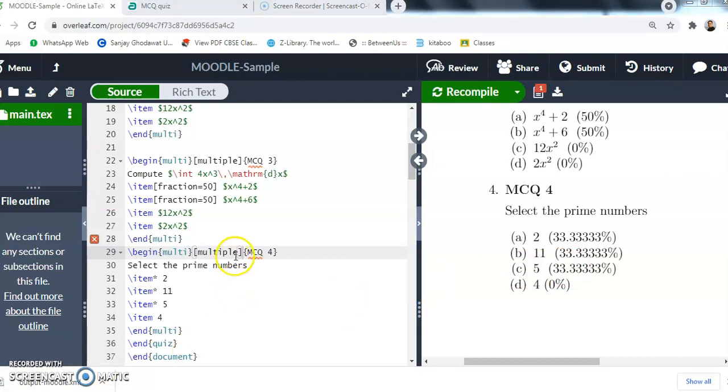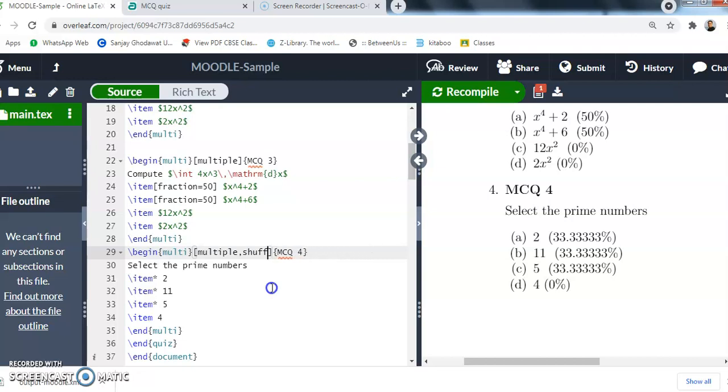Next I will explain some optional parts. Generally, in multiple choice questions, options will be shuffled. If you don't want to shuffle the answers, in the optional part you can pass shuffle equal to false. Shuffle equal to false means whatever sequence you have created, the same sequence of options will be displayed for the students. By default each question is considered for 1 mark. Suppose you want to give 2 marks or 3 marks, in the optional part you can pass points equal to 2 or points equal to 3, like that. Okay, now here I will remove that.